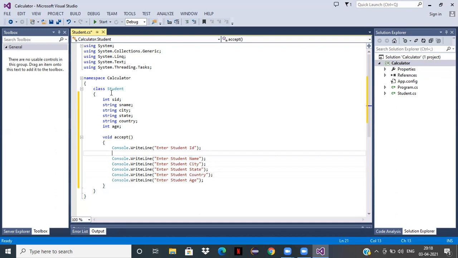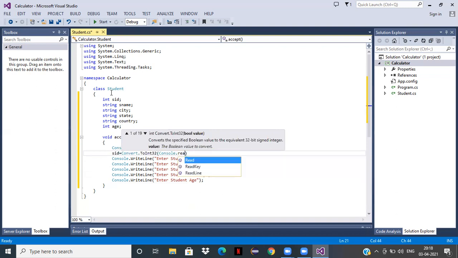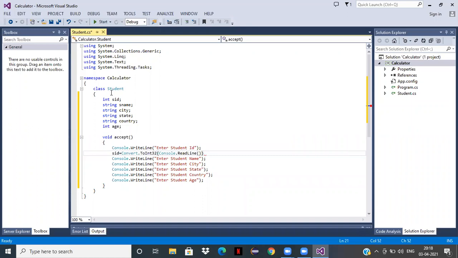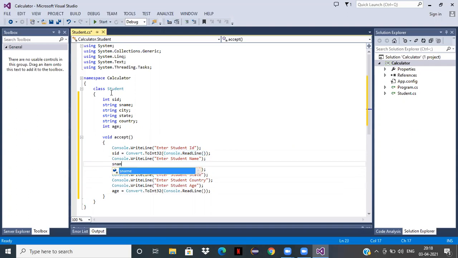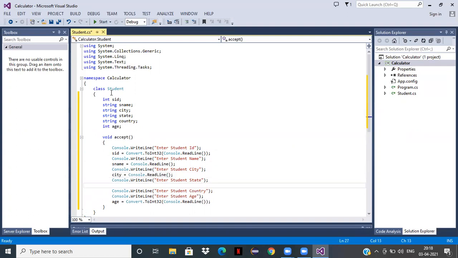Then here I need to write SID equals Convert.ToInt32 Console.ReadLine, and the same for age. Then sname equals Console.ReadLine, then city equals this, state equals Console.ReadLine, then country equals